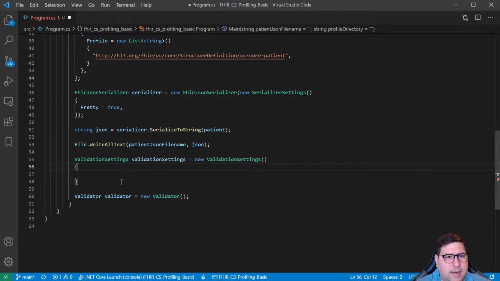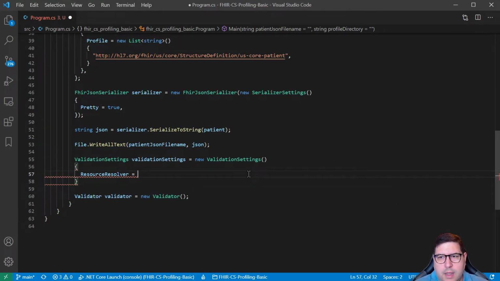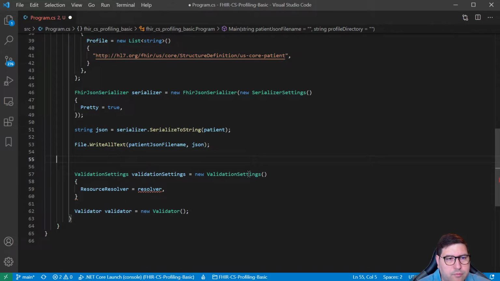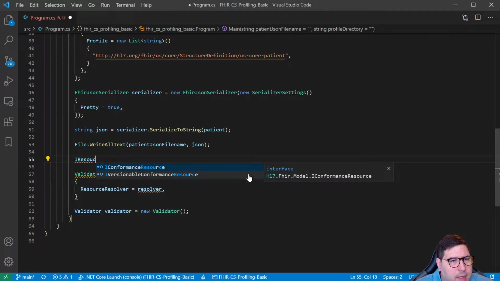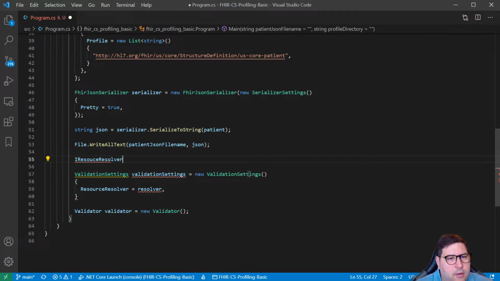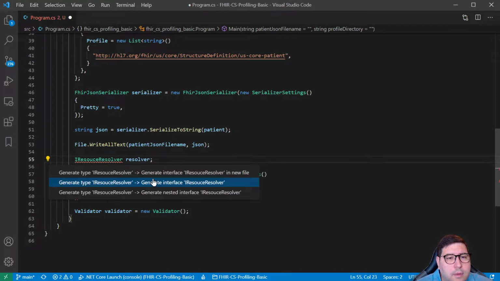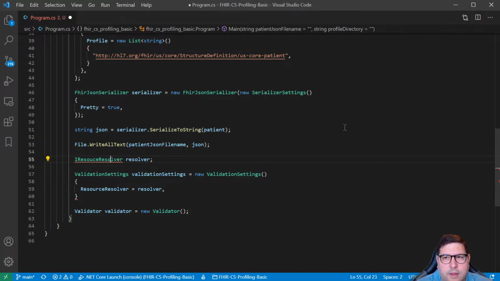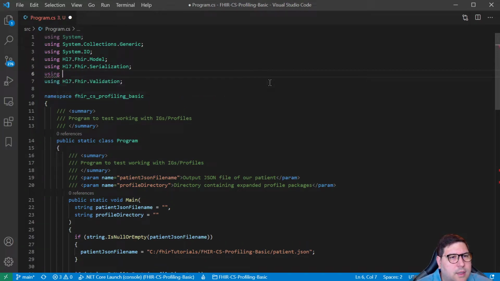So for the validation settings, in this case, there's something called a resource resolver. And we're going to need to point that at our own resolver, which does not exist yet. So let's create that. We actually end up making an IResourceResolver. And we'll just do that for a second. And you can see this is in, well, it doesn't autofill that one for us. So we'll add these. This is using